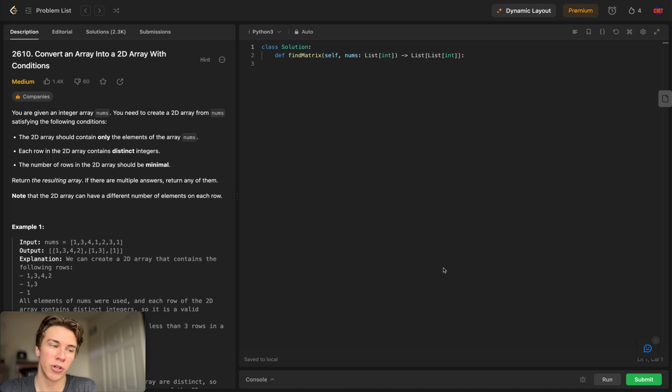Let's begin question 2610, Convert an Array Into a 2D Array With Conditions. This is a medium level question, and the description is: you're given an integer array nums. You need to create a 2D array from nums satisfying the following conditions. We're given an input of a list of integers, and we have to return a nested list of